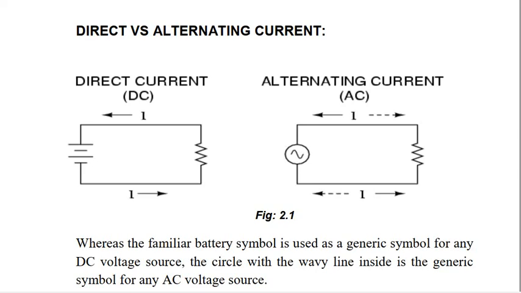Okay, so that is nothing but alternating current, and the current direction they mentioned as one direction in the straight line, and you can observe that there is another direction in the dotted line. So it represents that while the sinusoidal waveform moves from up to down, it is moving one direction, and down to up it is moving another direction.